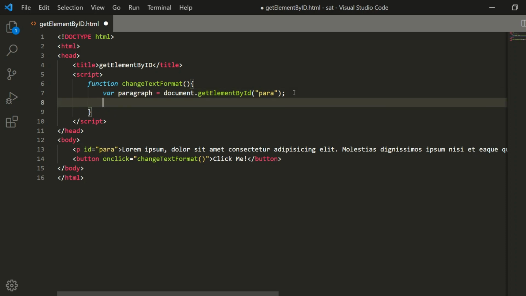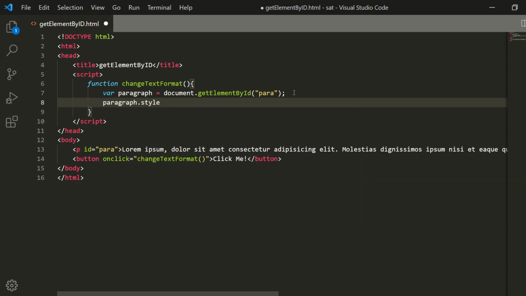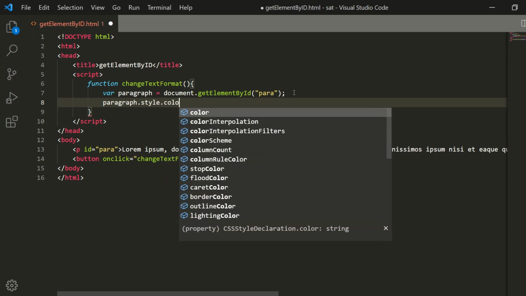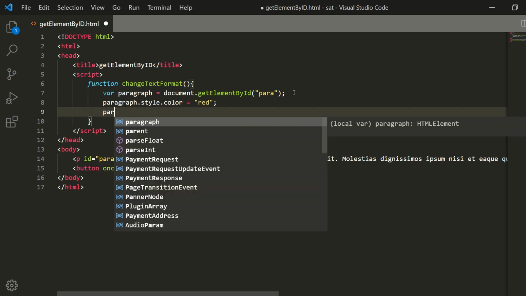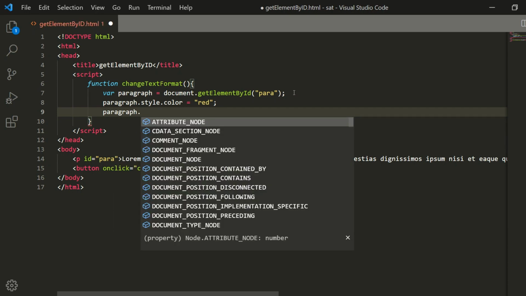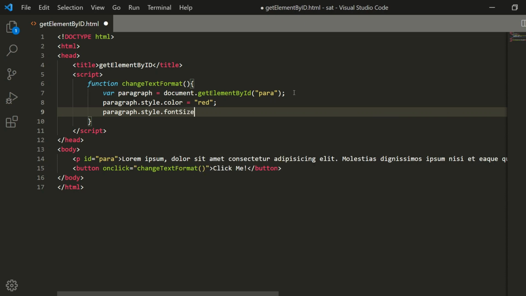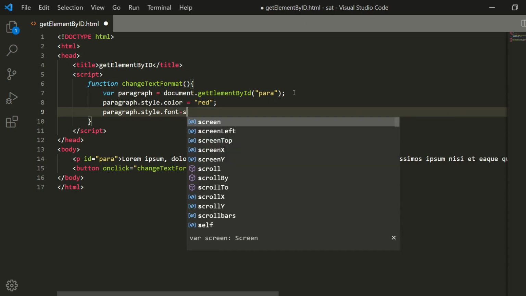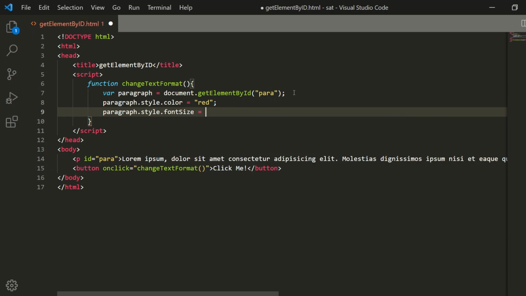Now how can we manipulate that? To manipulate it, we will use that element paragraph dot style, because we want to change the style, and we will say color is equal to, let's say, red. We also want to change its font size. Let's suppose paragraph.style.fontSize is equal to, let's suppose, 30 pixels.